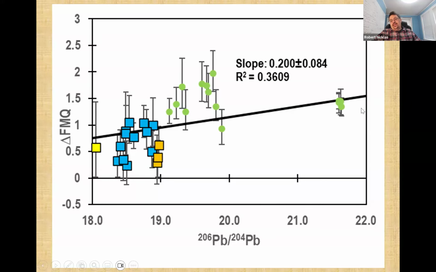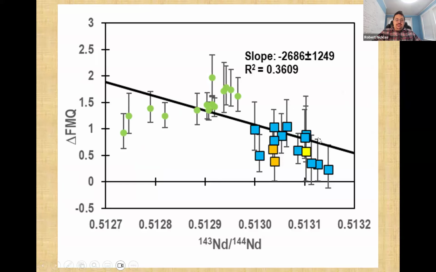With lead, we're more radiogenic in lead, i.e. more altered oceanic crust in their sources are more oxidized. This is Mangaia. These are the most radiogenic lead oceanic lavas on Earth. And we see a less good correlation with neodymium, but it's still statistically significant, where things that are more unradiogenic in neodymium, i.e. more enriched, are overall more oxidized than things that are more radiogenic in neodymium and more depleted,